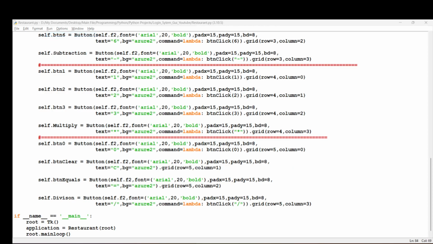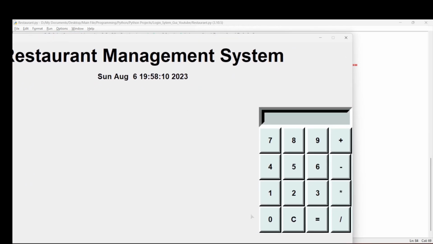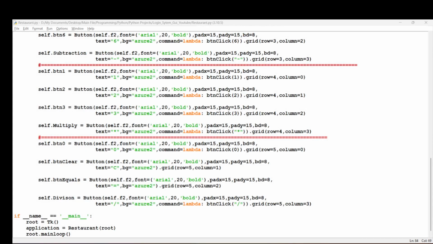So we can try running this and see what happens. So you can see if the buttons are working or not. So let's check. 0, 1, 2, 3, 4, 5, 6, 7, 8, 9, plus, minus, addition, subtraction. Sorry, plus, minus, multiplication and division. Alright, so now that we did that, let's try making the function for the